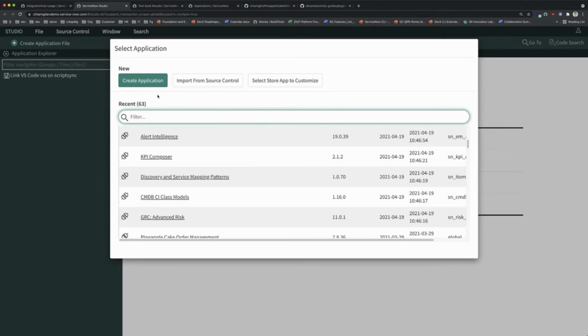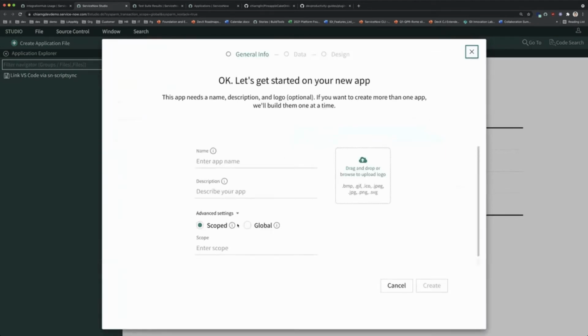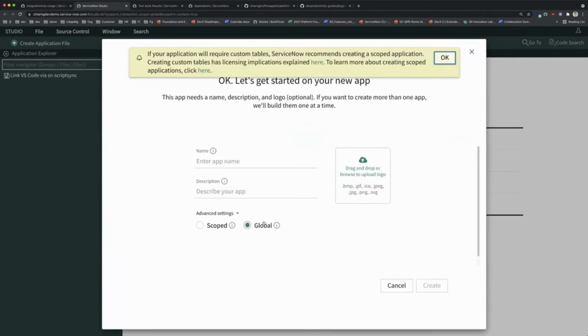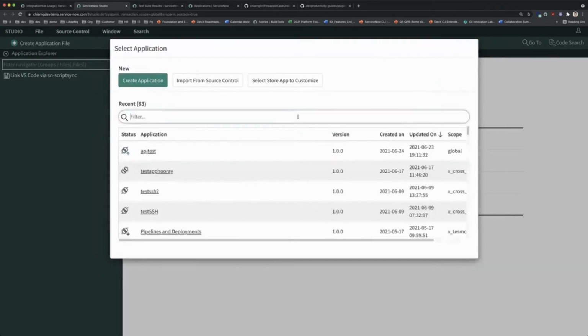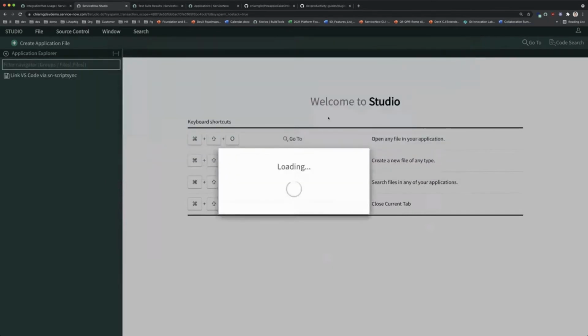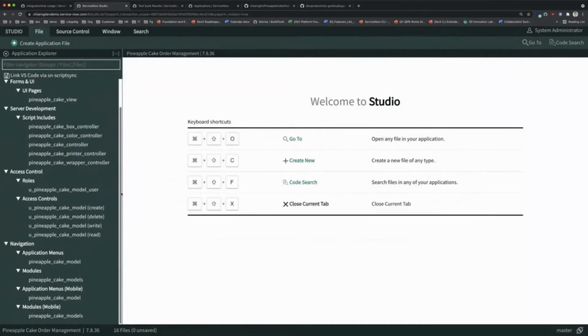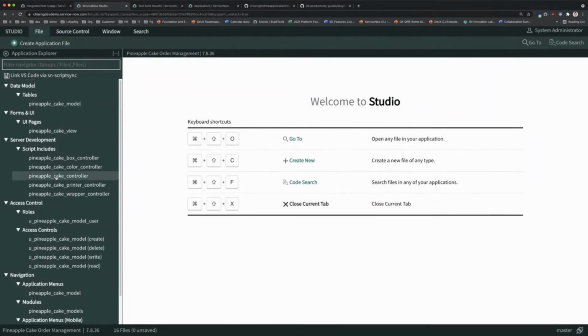If you are creating a global app for the first time, you will be able to select between scoped and global applications, and you will simply create a global application. But since I already have a global app ready to go here, let's just take a look at that. So here you'll see my application. Here you see that with this global application, I already have many global records here, both script includes as well